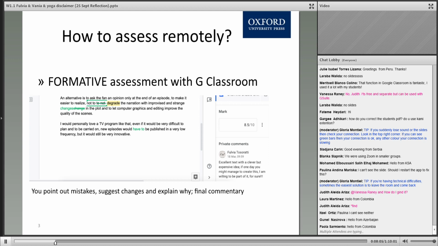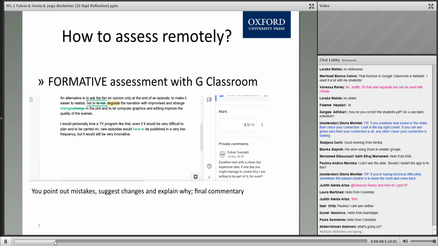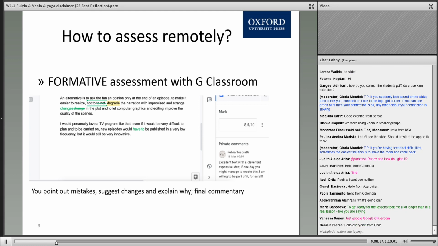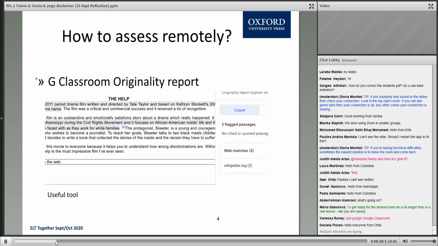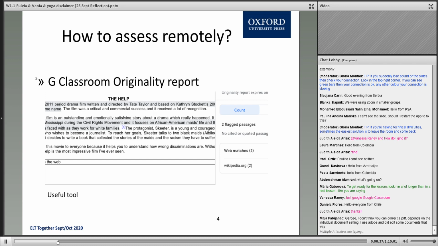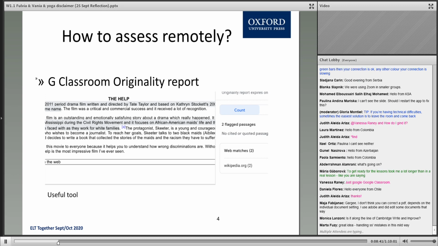The other way to solve the potential problem of, I don't know why I cannot change the slide. Okay, sorry, I have to go back. Now it's okay. This is the other tool. I'm sorry, I cannot read the chat and talk, but Google Classroom is one of the apps of the Google Suite, like Meet. It's excellent for students. This is a very useful tool.